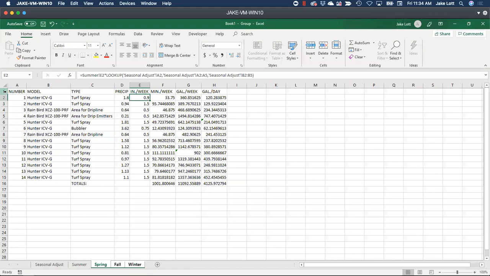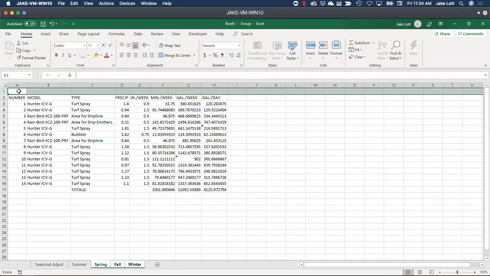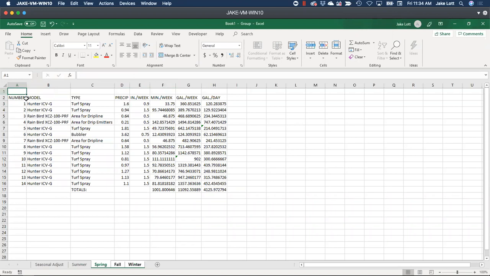We're going to insert this here. This is actually what we want to look up. This is our data point here. So since I've got that now, I can put fall. I can put winter. Okay.